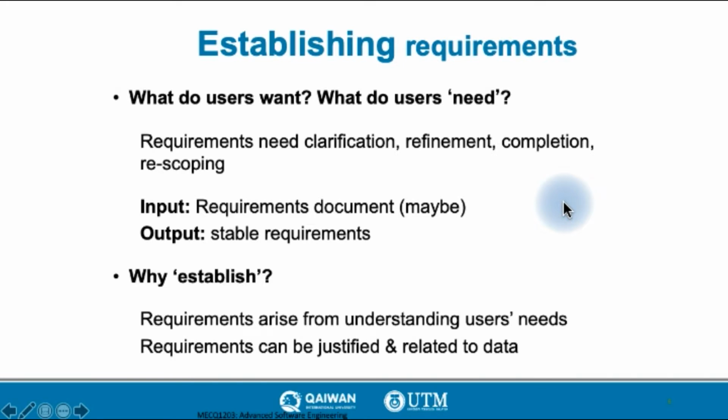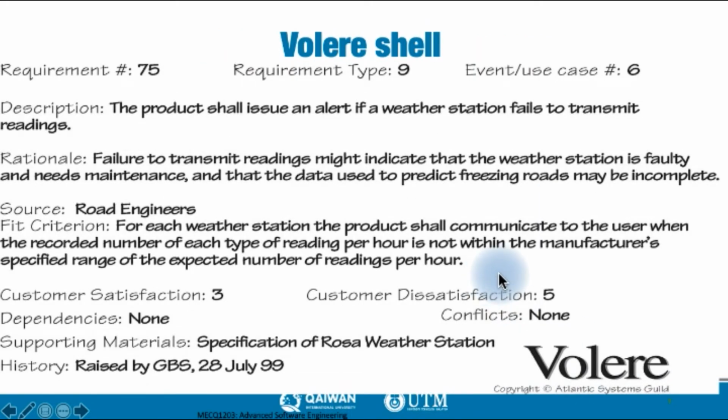So when we say why establish, establish means the requirement is useful and beneficial, and can help to solve the problem in our current applications. Volere is a kind of framework that can help us get requirements from the user. So we will get requirements, for example 75 requirements, and then there are 9 types of requirements, and the users that were tested are 6. So we'll give some descriptions about what we want to gather information on, and what requirements they need for our